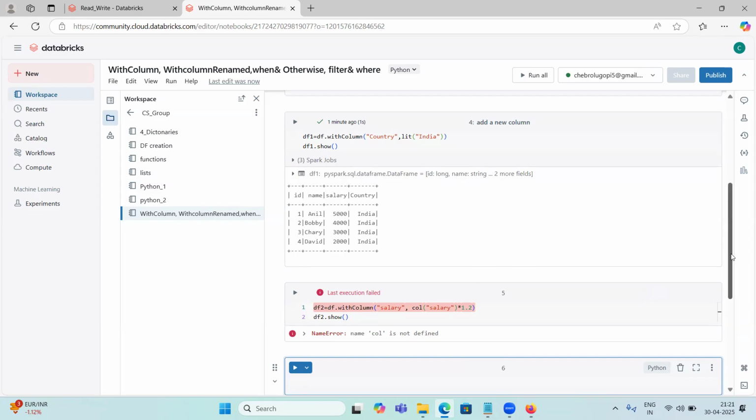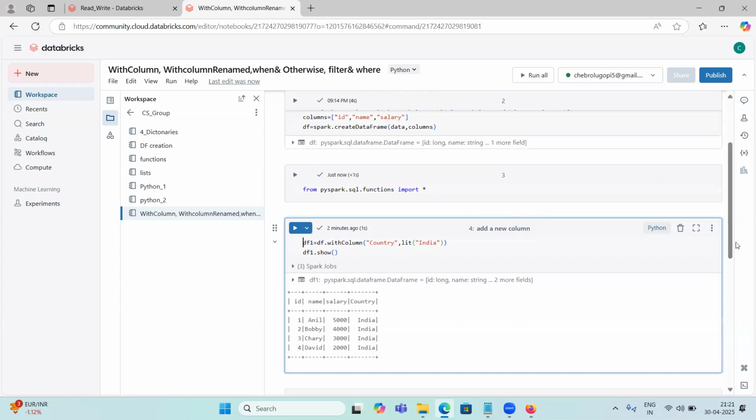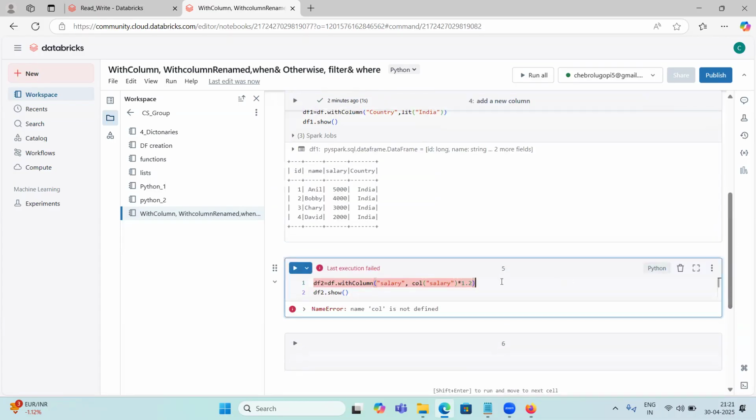That's why what I usually do is, I don't import only the function which we need. I will import everything, so no need to run this one every time. Okay, I will import everything. Now see,